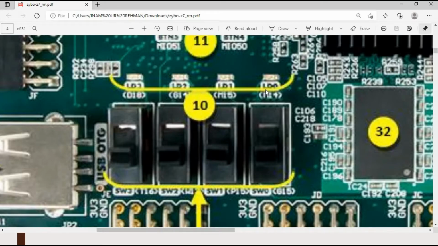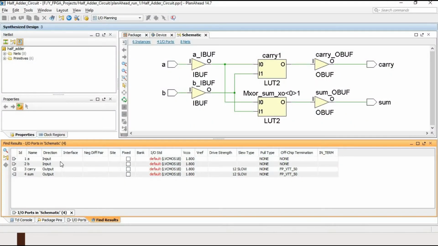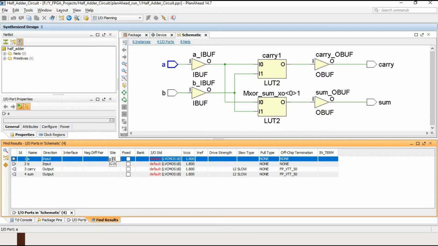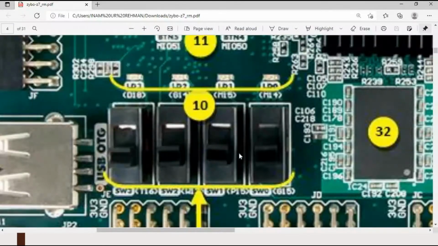Any 2 LEDs of these 4 I will define in my UCF file, and any 2 switches as well. So I will use the switches G15 and P15. These are my inputs. So let's define here G15 and P15.